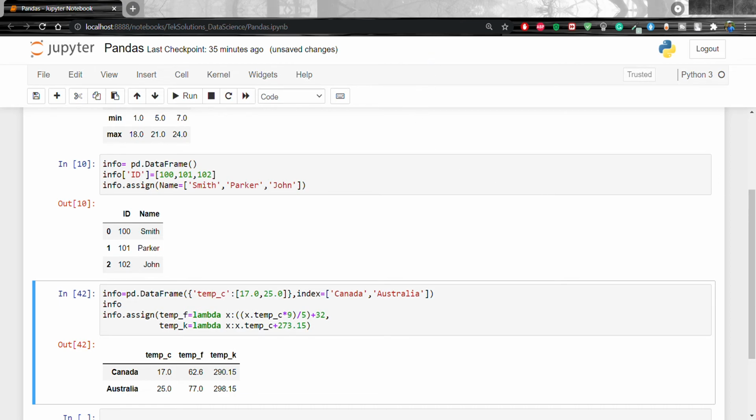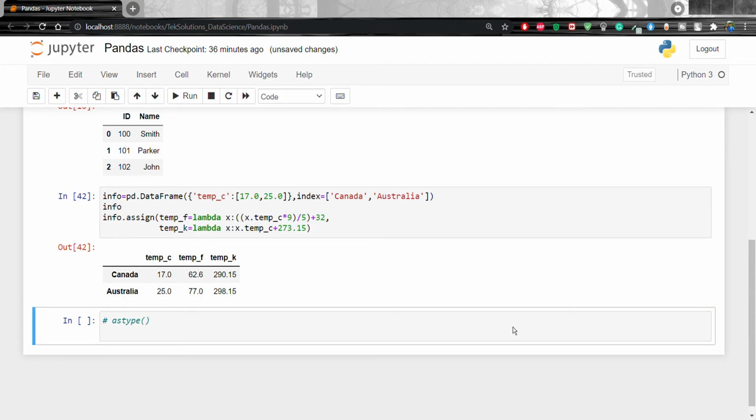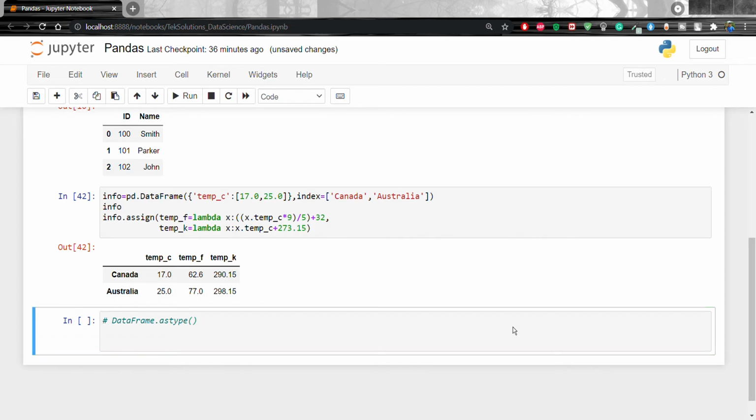So now we'll go with another function, that is astype. So let's go with another example, astype. So what will the DataFrame.astype do? The astype method is generally used for casting a pandas object to a specified dtype.